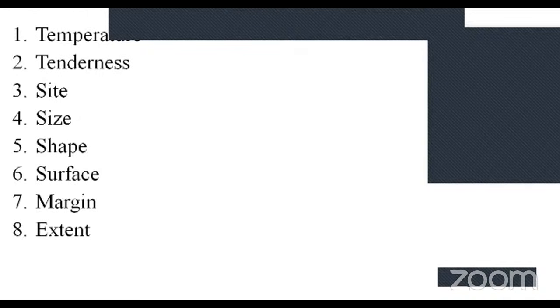So be ready with two examples, or two reasons, for each point in your case proforma. That's all. UG examination is all about two points. If you know two points for each, you'll definitely not just pass, you'll score really well. Two important ones we should remember for each aspect in our clinical proforma: two reasons, or two causes, or two examples. Temperature: a local rise of temperature can be there in inflammatory processes, or